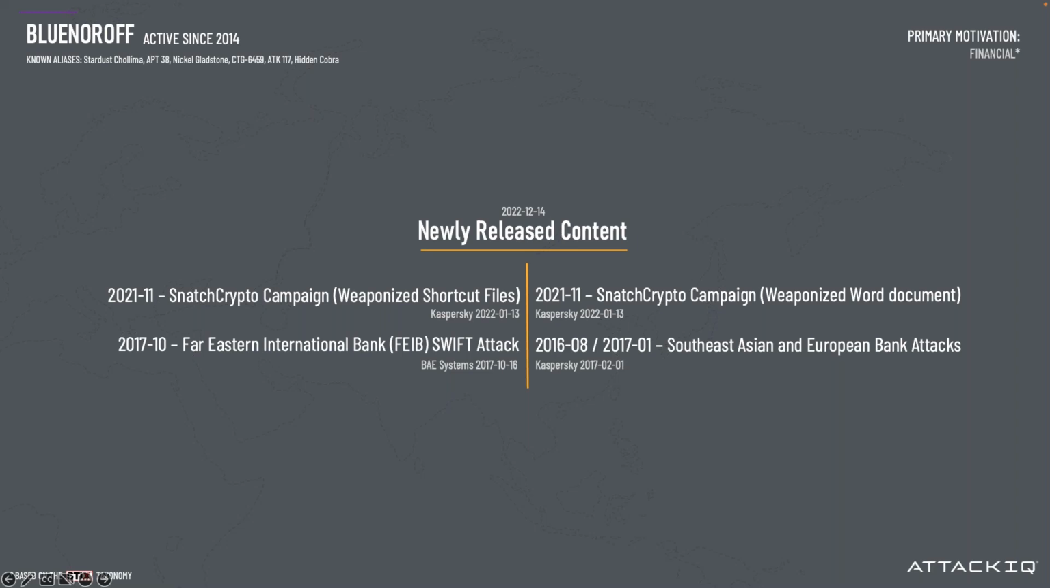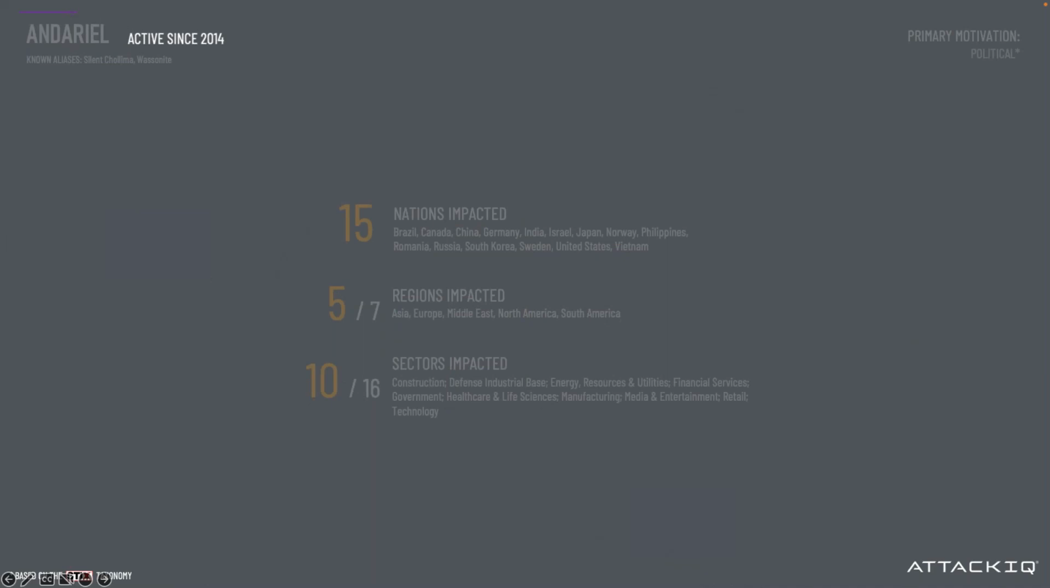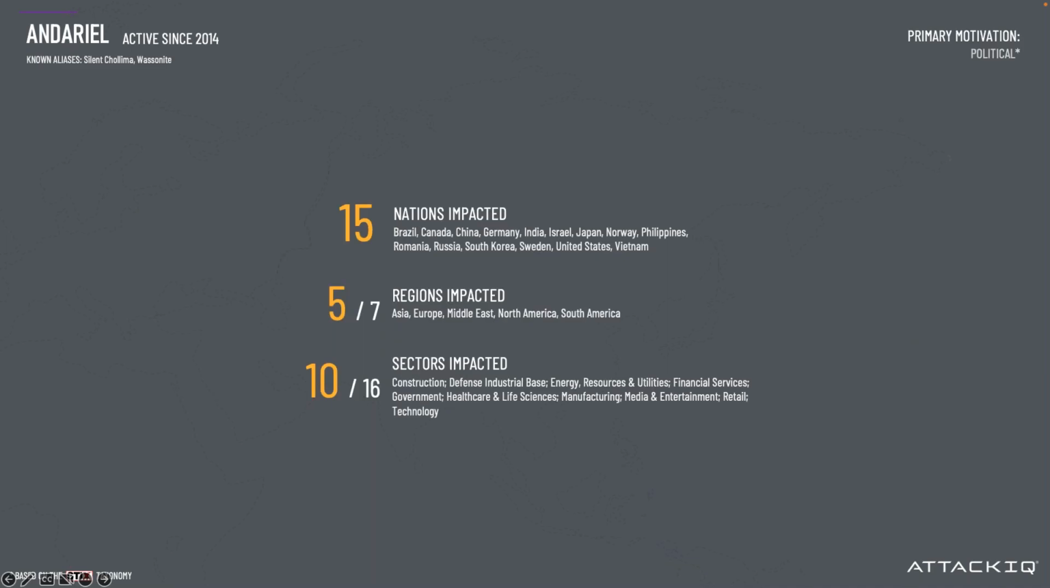After this, we have the last subgroup that composes Lazarus, which is called Andariel. Andariel is a politically motivated adversary suspected of operating in support of North Korea's Reconnaissance General Bureau. The adversary shows particular interest in collecting intelligence primarily from South Korean government agencies and military organizations. Andariel has shown particular interest in cyber espionage attacks for intelligence gathering against mainly South Korean government agencies and military